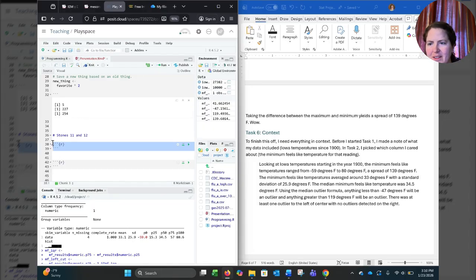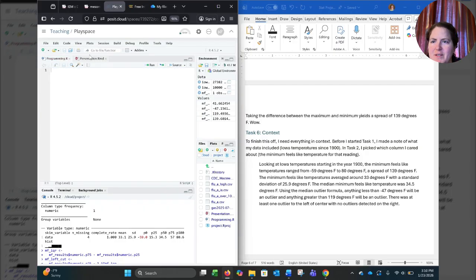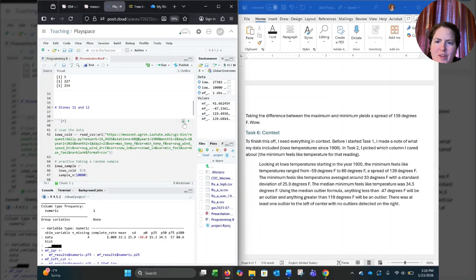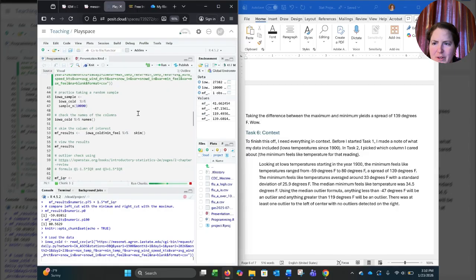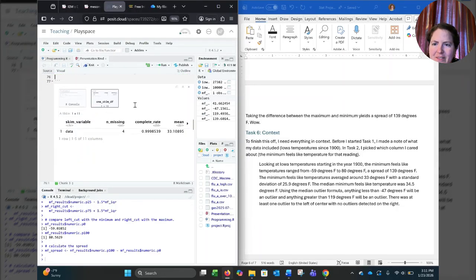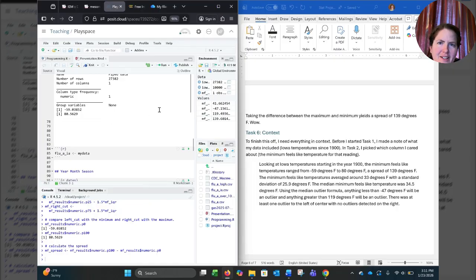But just hit +CR. Get your gray space. Make sure you've got a line in the middle. Come over to programming. Copy it. Cut it. Bring it back to presentation and paste it. And then this lets you do the whole thing from start to finish in one go. It's going to take a minute to load my data again, but then it gets everything in one thing right here. And so there's my skimming, and there's the rest of it that I asked for. All right, that is it. Let me see if I can